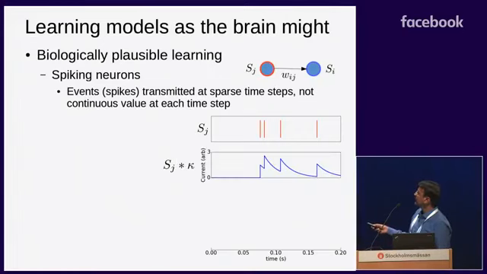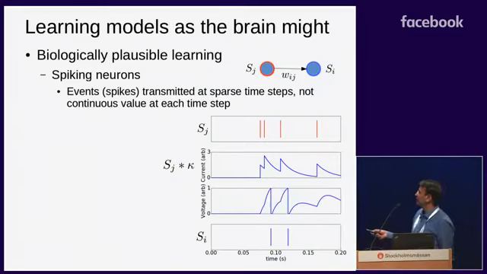However, this spike is transmitted to the next neuron I, where it transduces a current into the membrane, which acts like a capacitor. And this current is just a low-pass filter of this spike train, represented as the sum of delta functions. So if you filter it with this kernel kappa, which is a decaying exponential, typical time constant is around 20 milliseconds, then you get the current. And then further, the capacitive membrane acts again to low-pass filter this current to get you a voltage in the neuron. And every time the voltage of the neuron crosses a threshold, it spikes again. And this is again propagated to further neurons. So this is how the brain uses spiking neurons, and this is what we will use.